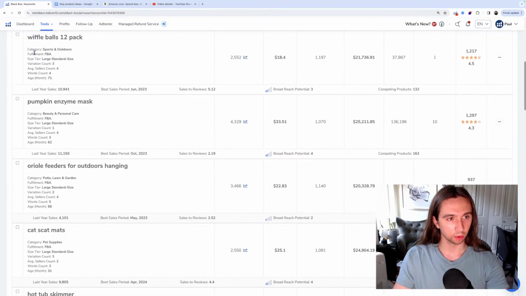So, wiffle balls is too simple. There's no way to really increase the value of that product. So I start from this lens of, can I get more people to click on me? Meaning, what do I think I can do slash showcase in my main image to get people to click. I know that's a weird place to start thinking from, but honestly, if I were to click on this, we could open that in a new tab,